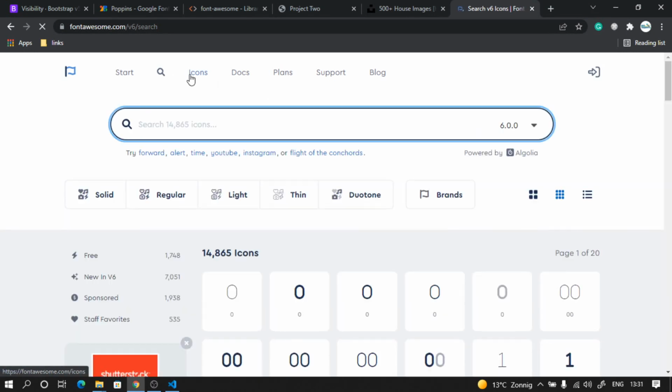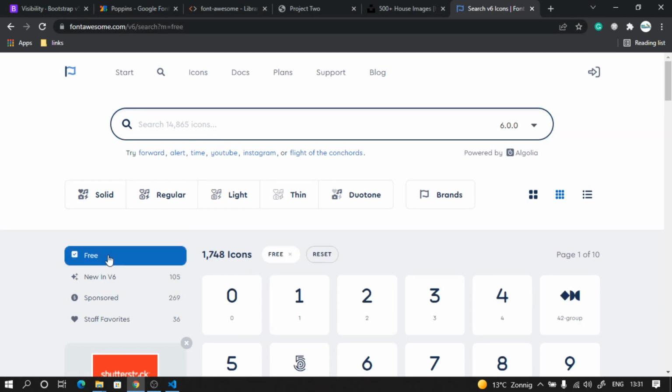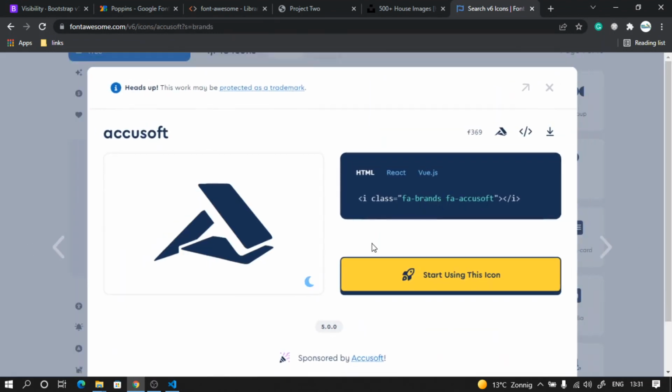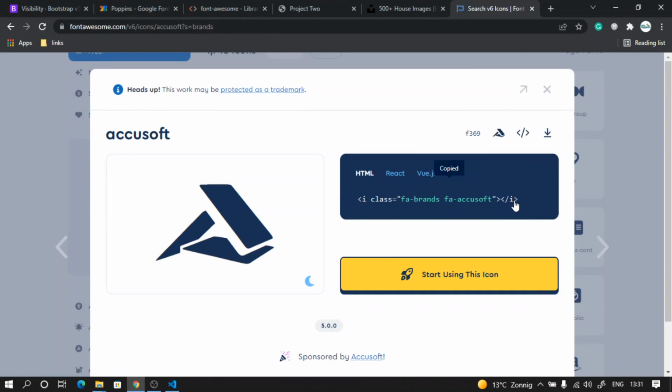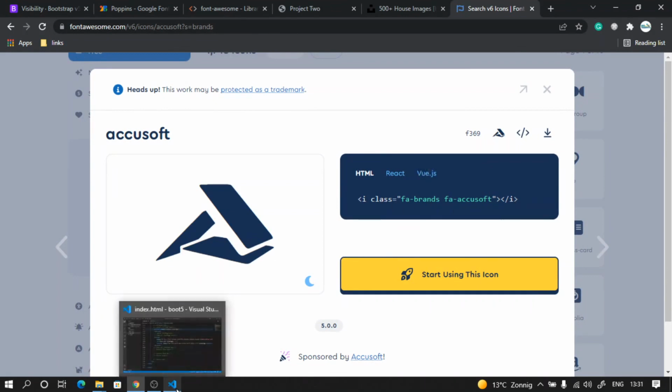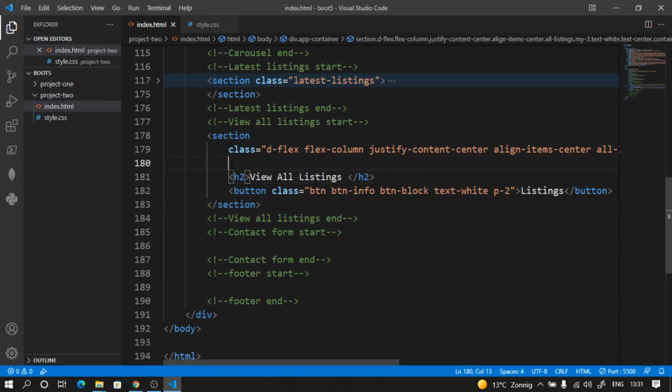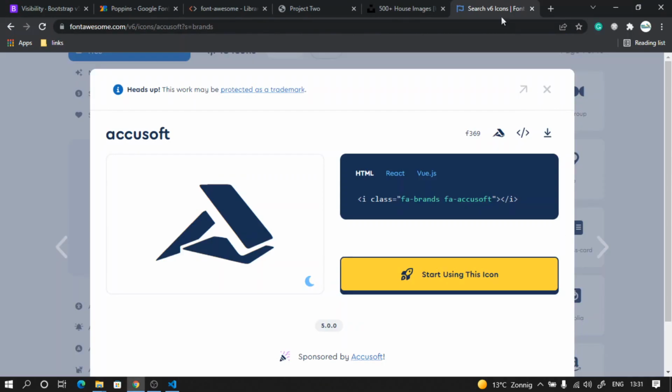and you can click on icons here. I already have it here, so click on free icons, and I can take some icons I want. So let's say I will take this icon. So click on this, then click here. It will copy this snippet, and what I want is to show this icon here. So let's say I will put this icon here. So it should now show on top of our